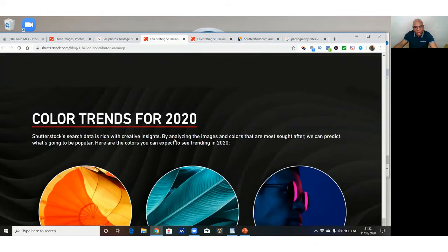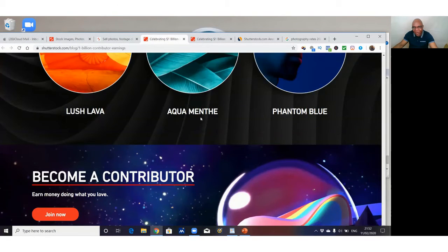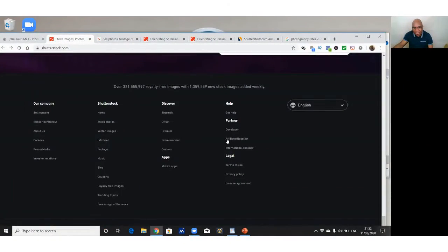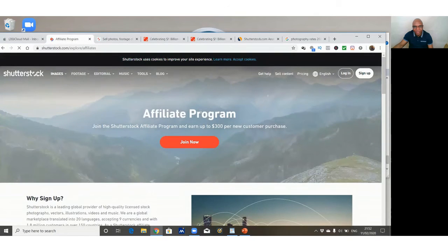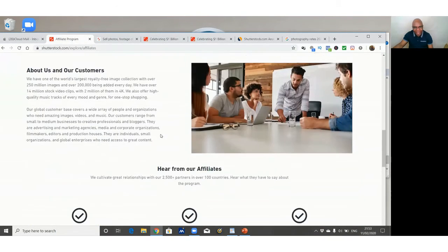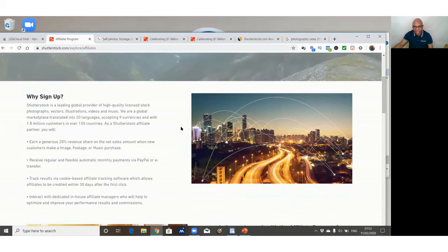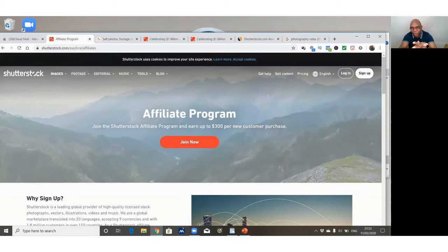Right, so you can read the rest of the information for yourself right here. At the bottom of the screen right here, under partners, you see where it says affiliate/reseller. You click that one, right? And then you come to the affiliate program. Join Shutterstock affiliate program and earn up to $300 per new customer purchase. All right. So each time you refer someone and they purchase, right, you get $300. Right. So, my friend, if you are already in photos or you are a photographer, right, this is your playground,